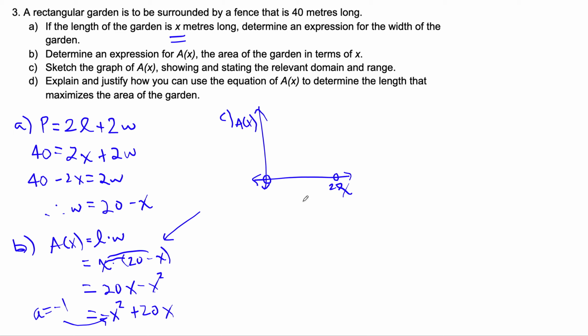And we know also that for parabolas or quadratics, it must be symmetrical. So the vertex must be in between the x-intercepts, like on this axis of symmetry. So it should look something like this. Okay, so we have our x-intercepts, we have a vertex here. We know that the midpoint must be the x-coordinate of the vertex, so this is 0 and 20, so this